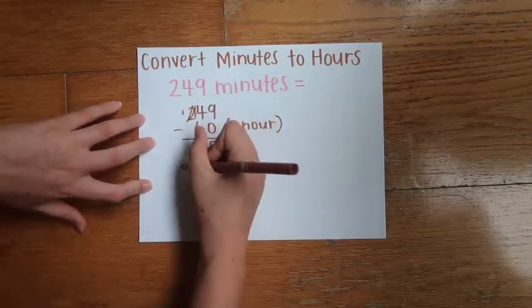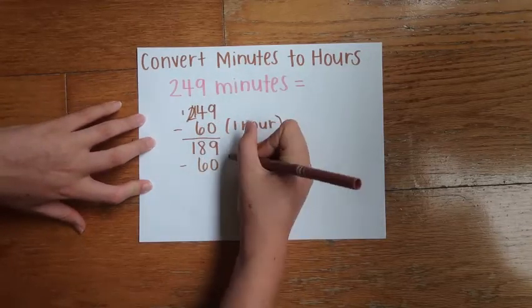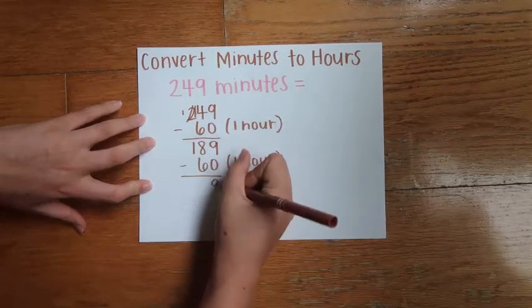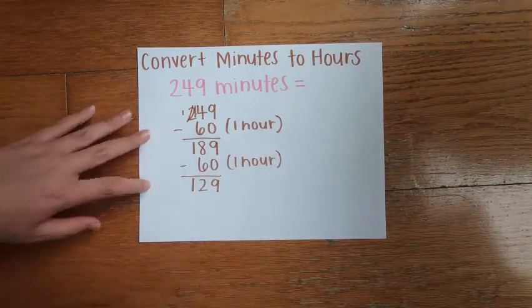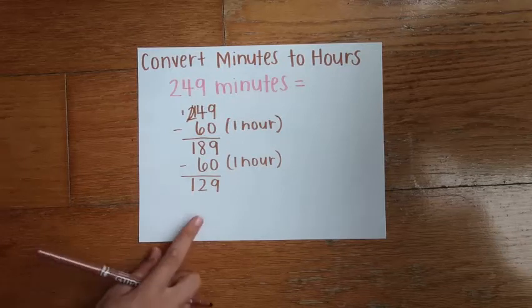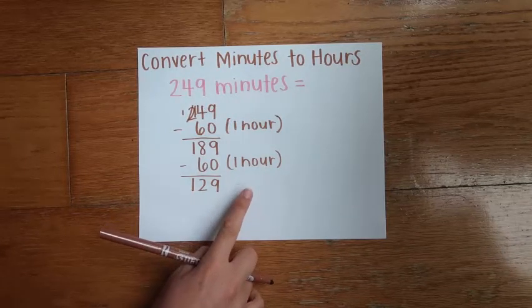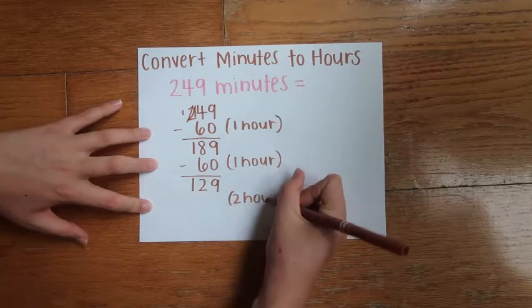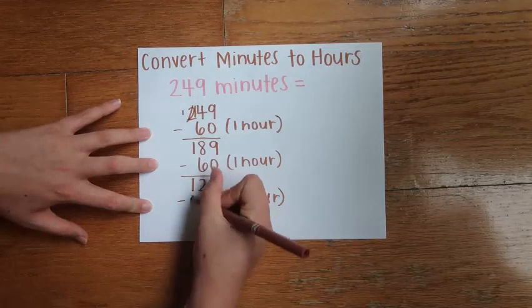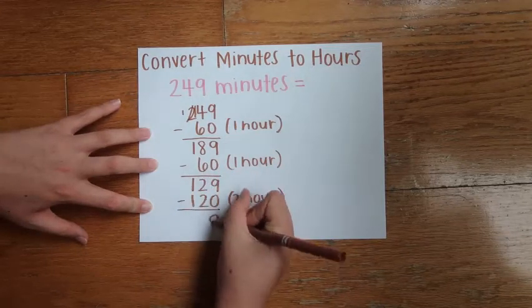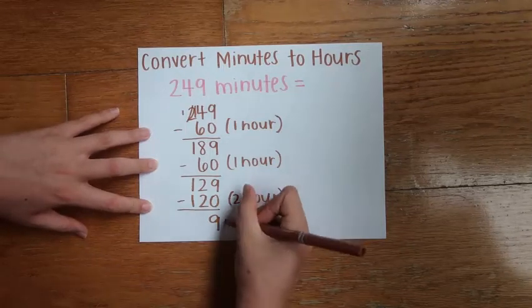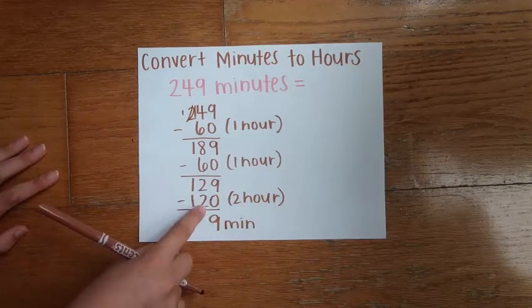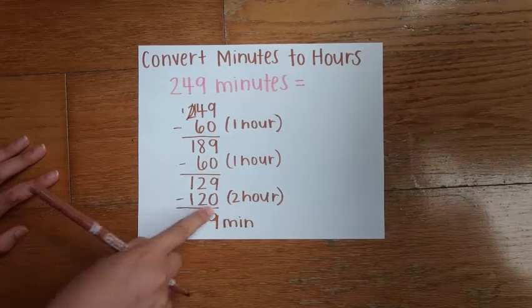So again, I'm going to subtract 60, 1 hour. And that brings me to 129. Now I can also take a bigger jump and say, you know what, I could keep going by hours, but that's going to be kind of slow. So I can actually say, I know that in 2 hours, there's 120 minutes. So I can take away 120 minutes from that and be left with 9 minutes at the end. So again, I just made a bigger jump. I was like, you know what, I'm confident. I know there's 120 minutes in 2 hours, so I can pull that out